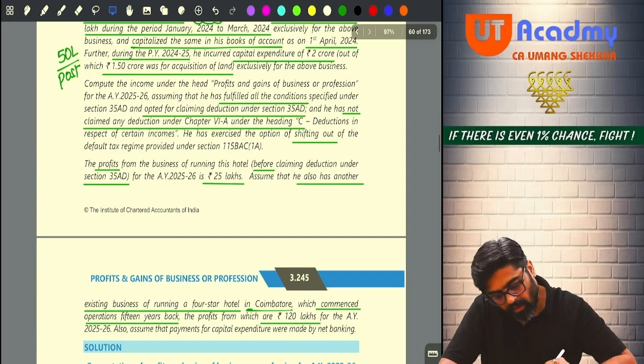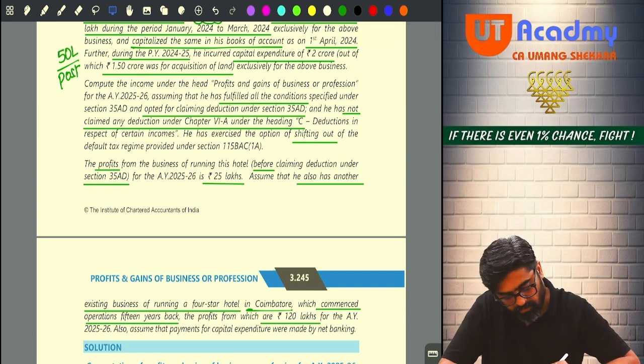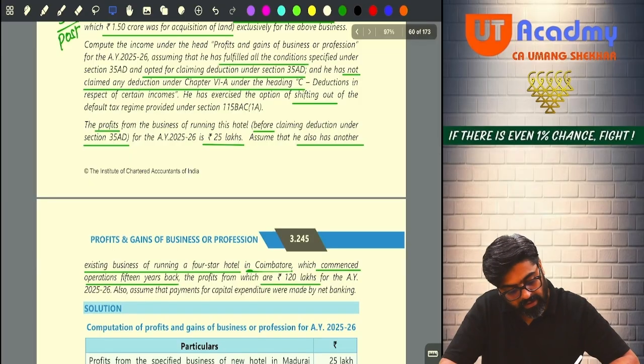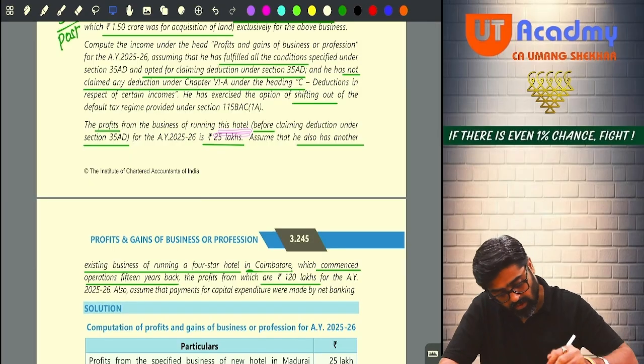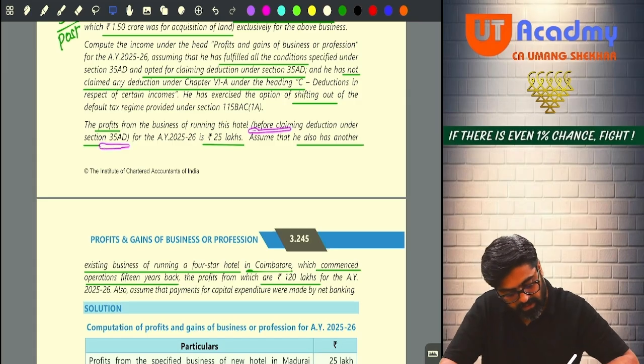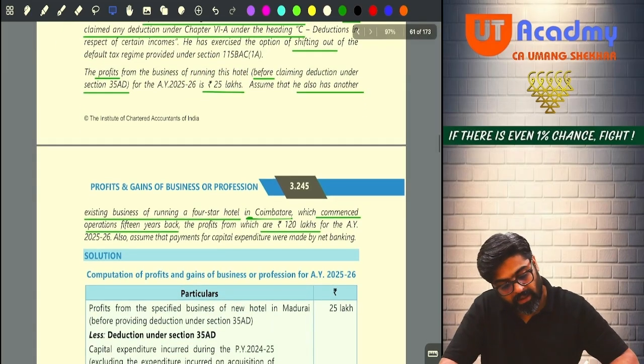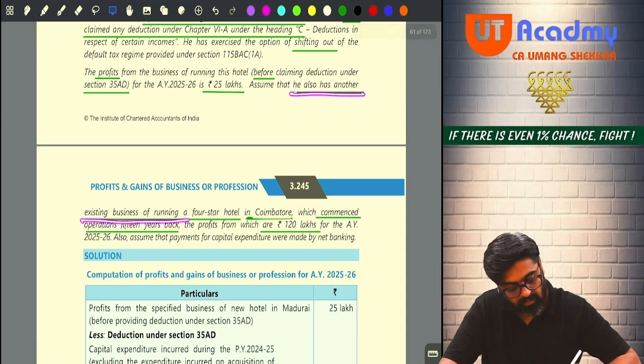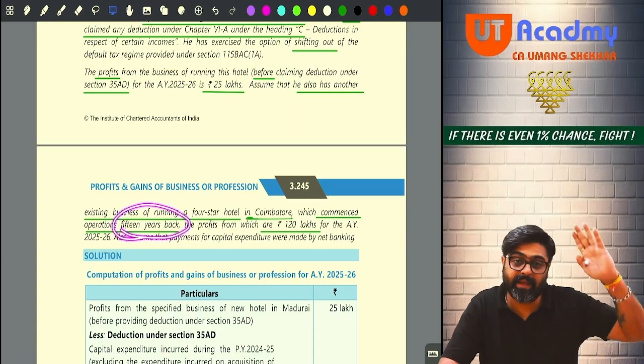Very good. Now, compute the income under the head PGBP. Assuming that he has fulfilled all the conditions specified under section 35AD and opted for claiming deduction under section 35AD, and he has not claimed any deduction under chapter 6A under heading C, and he is also shifting out of the default tax regime. Yes or no? So profits from the business of running this hotel, meaning Madurai hotel, before claiming deduction under section 35AD was 25 lakhs. Assume that he also has another existing business of running a 4-star hotel in Coimbatore, which commenced operations 15 years back,